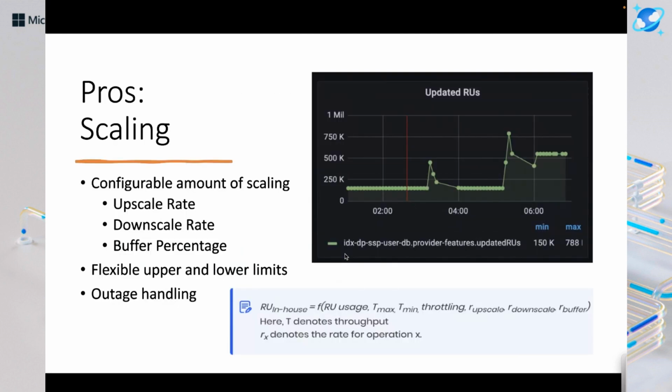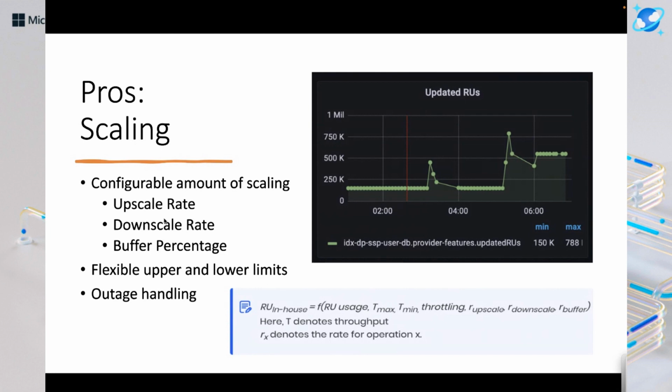Now, the other pros are basically the scaling logic. We have total control over the scaling logic. For example, we are able to control what rate should be upscaled. Unlike Cosmos, where it was simply a function of the throughput and the RU usage, here we can actually control that if there is a bit of throttling, then upscale by, let's say, 20%. If there is extra usage, downscale by, let's say, 30%. These are independent rates that we can set based on the pattern of our traffic and